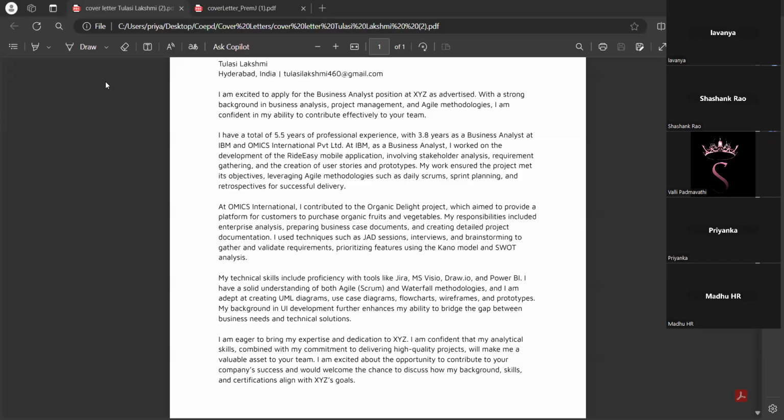The register screen has a username, password, and a submit button, but it doesn't have any connections. You can just see and visualize it.